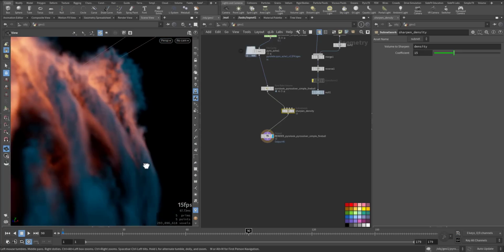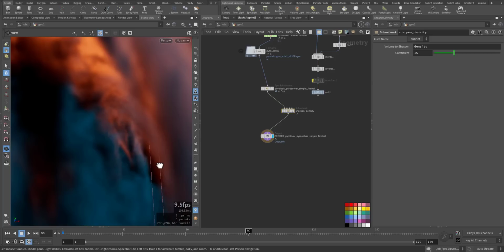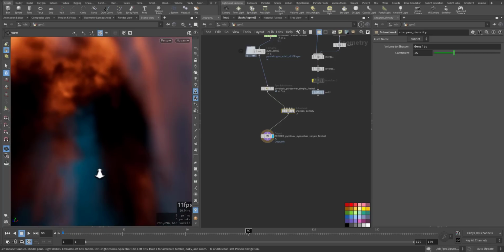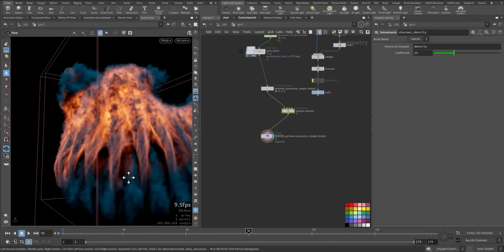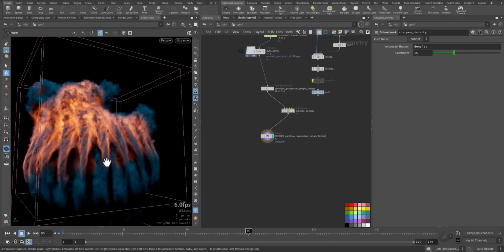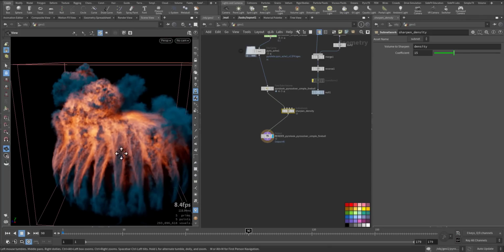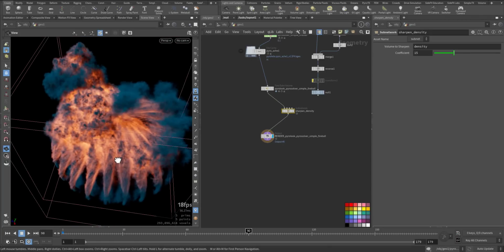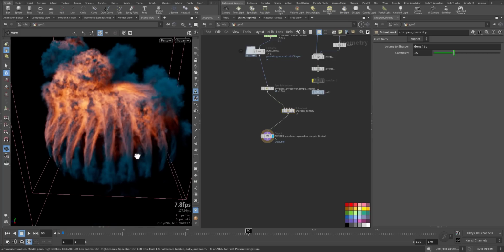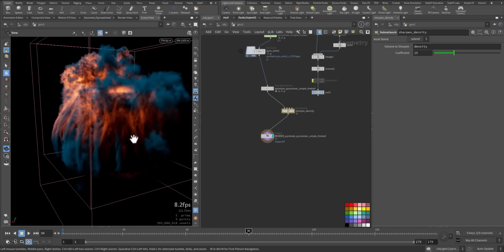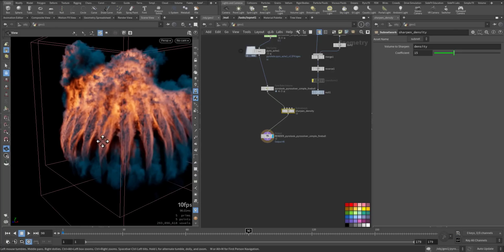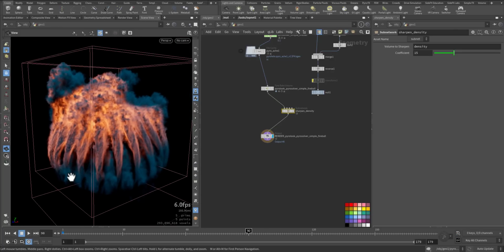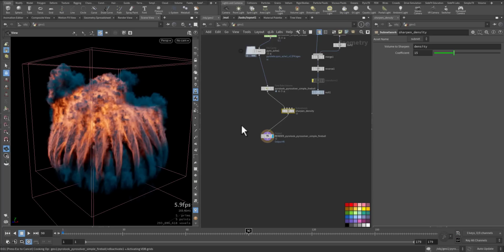These are the lines, like an octopus. Let's go to the first frame